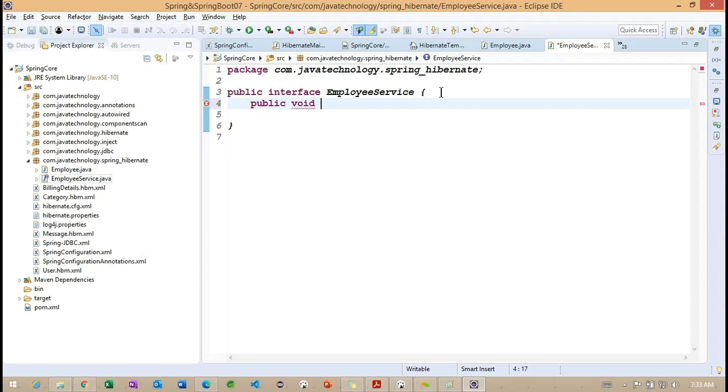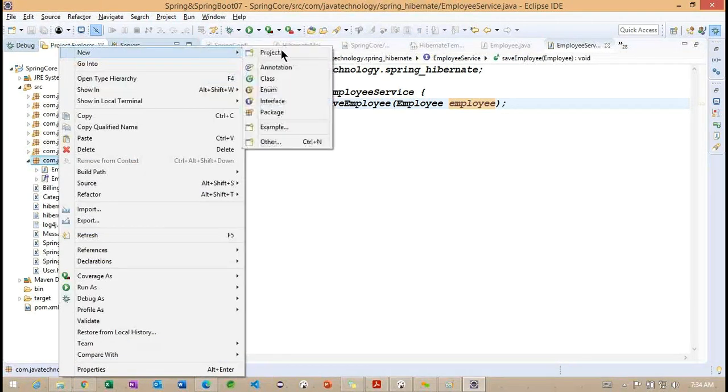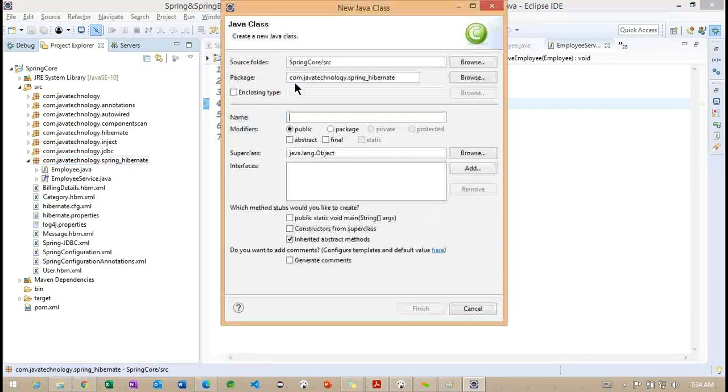Public, we'll check with void only. saveEmployee. Here what we need to do? Employee. Right, so later we can add another method, but now I need to create one class here.